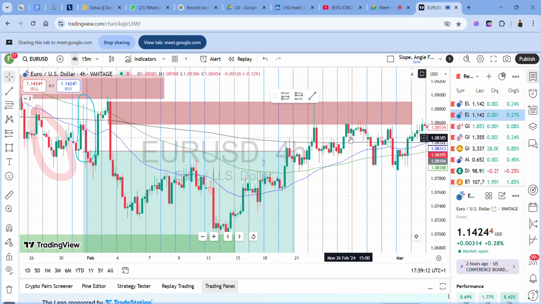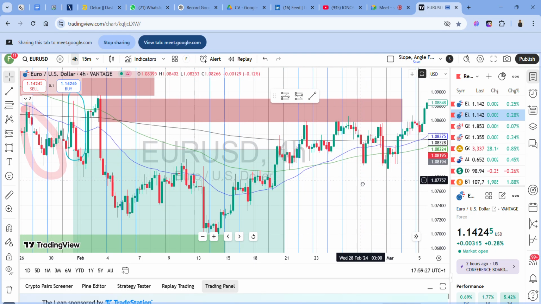This was the break. This was another candle in the direction. The market sellers came in, but then they were not strong enough. Buyers are still here. Buyers are telling us, okay, we are very interested. But then the market structure is not telling us to buy this trade just yet. So just to be conservative, it's best to wait and see. So let's say we are waiting to see,